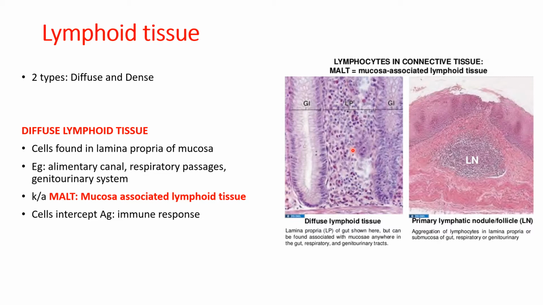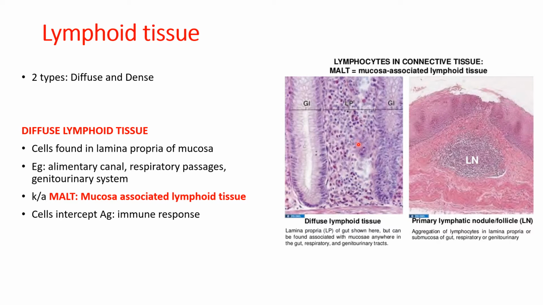The presence of these cells just close to the lining epithelium is a very strategic location whereby the lymphocytes are able to intercept the antigen and initiate an immune response. When the lymphocytes present here get in contact with any antigen that comes in touch with the lining of the gastrointestinal tract, these cells will travel to the regional lymph nodes, they will proliferate and differentiate, and the